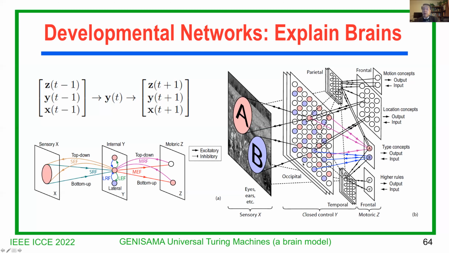More sensory means more concrete. More motor means more abstract. More abstract, more concrete. So that's how the representations in the huge brain are automatically formed based on the local